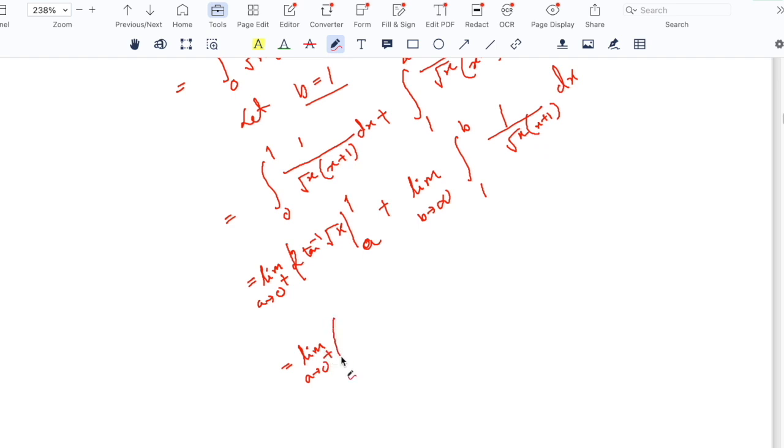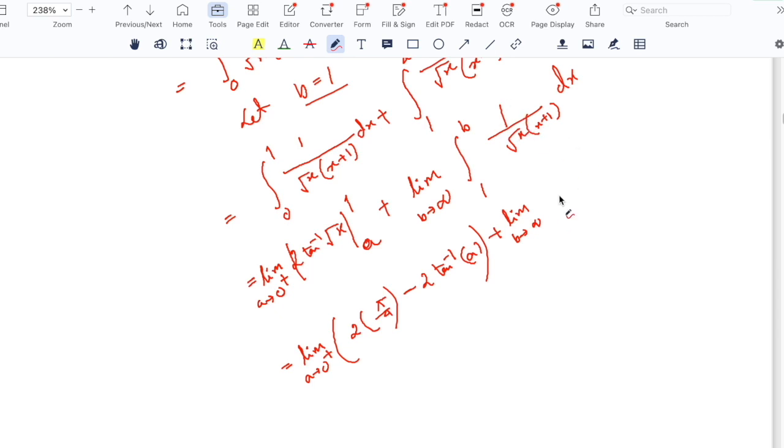Now tan inverse 1 means pi by 4, minus 2 tan inverse a, plus limit b tends to infinity,